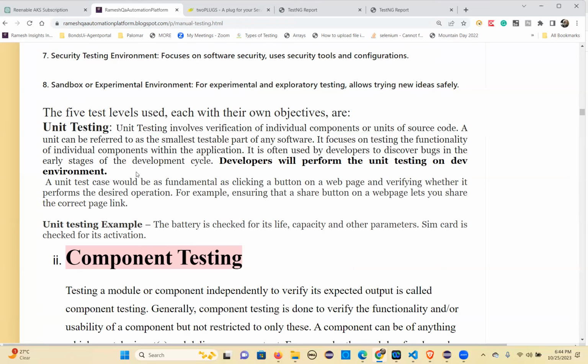You will check whether that unit is working or not. Whether that function is working or not, if you give dummy data or test data, whether it is working or not, you are going to check that. So that is what unit testing is. It is performed by developers on the developer environment. I hope it's clear, right? Unit testing is for developers. So unit testing is performed by developers